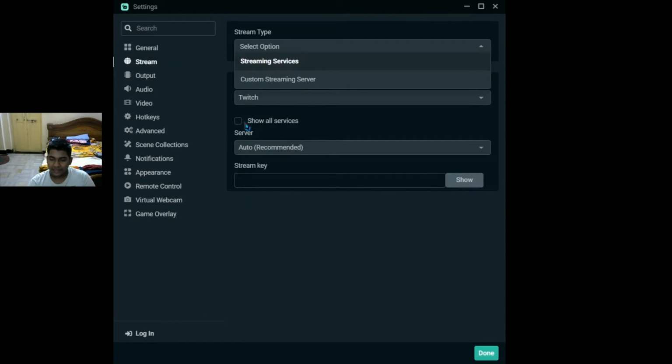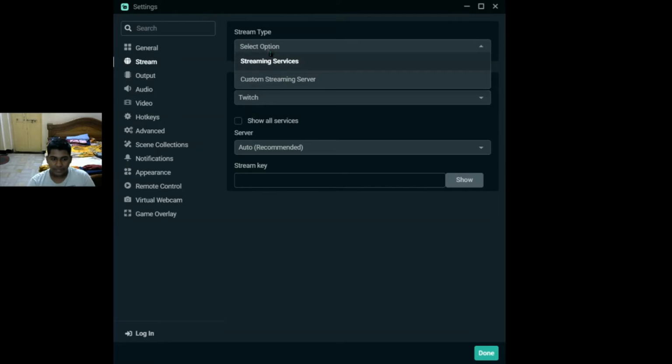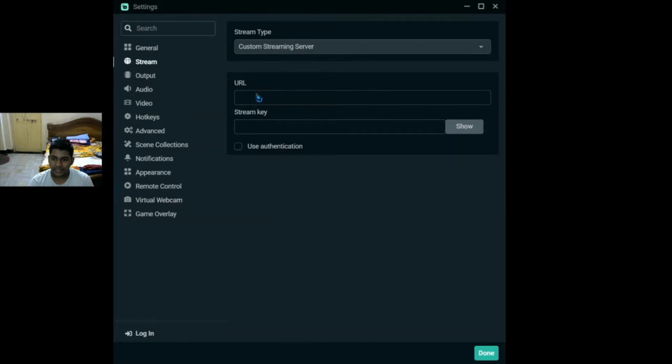own, some have their own streaming URL, which can be seen in YouTube. Down in the stream options you can select custom streaming server, and you have to paste the streaming URL and the stream key which have been given by the streaming software. And if you want to use authentication you can use it, or if you don't want to, don't use it. And after entering the desired URL and stream key, you can click done, and we'll go to output